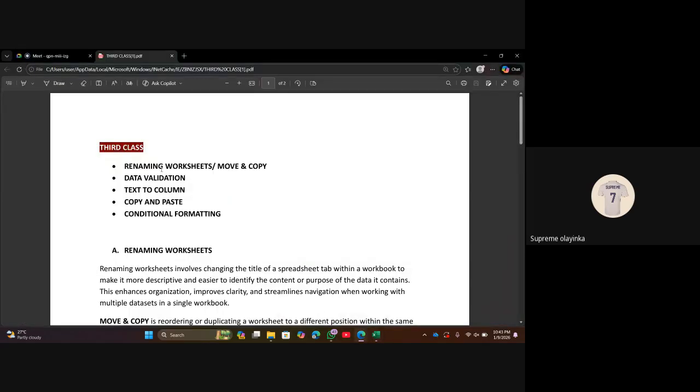So you're already done with reading worksheets, move and copy, and data validation. The next one is text to column. So now, what is the meaning of text